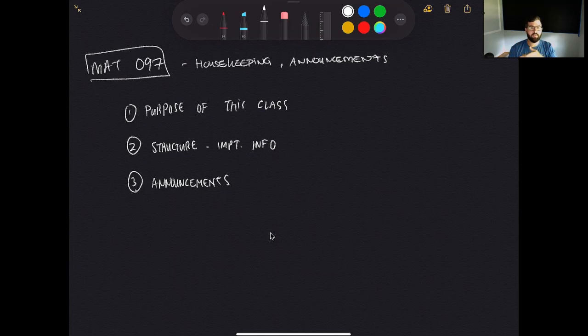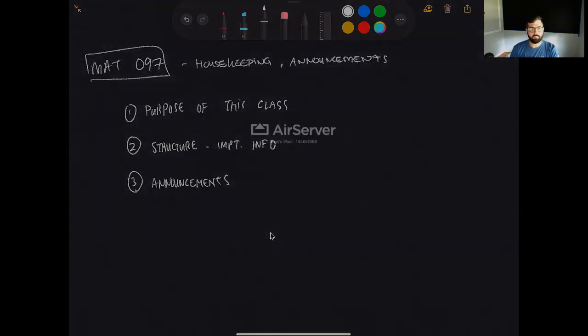Other announcements: the Math Center on campus. I don't believe that there is an in-person presence, but for those of us that are taking it online, we're probably not going in anyway. They do have an online presence, and that link will be on the left-hand side of the menu as well, so you can find them.